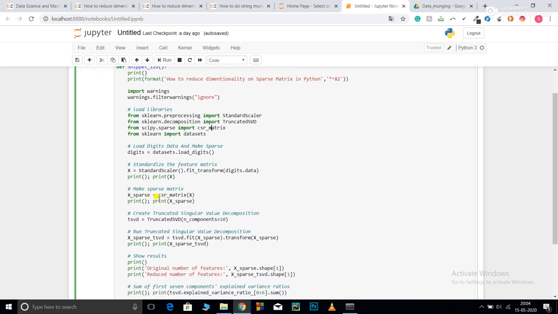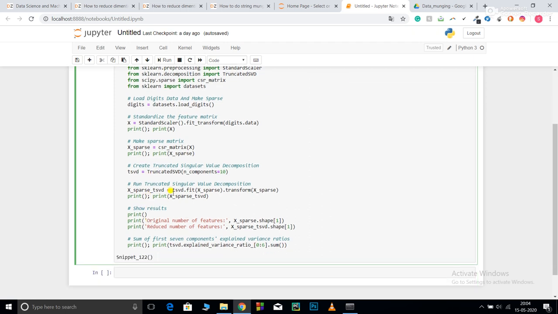After that I've converted my X, the standard scaled form, to a sparse matrix, that is csr_matrix(X), as X_sparse. Now print X_sparse.